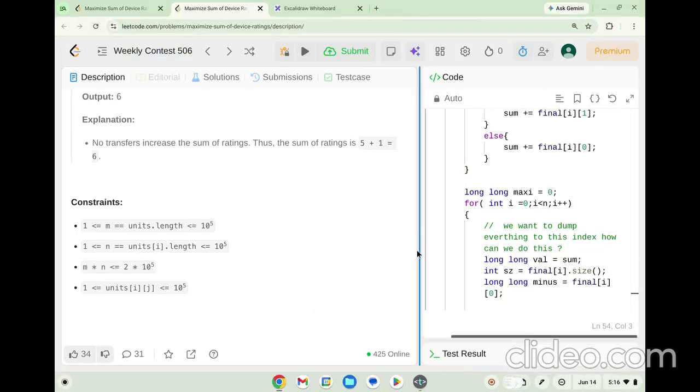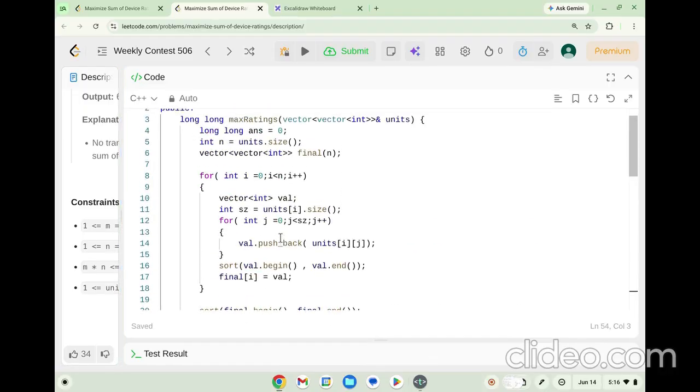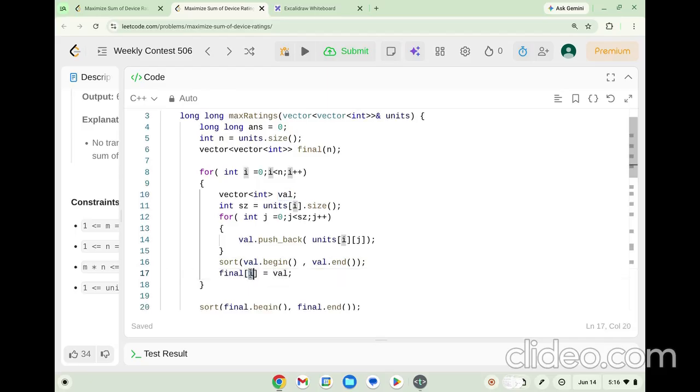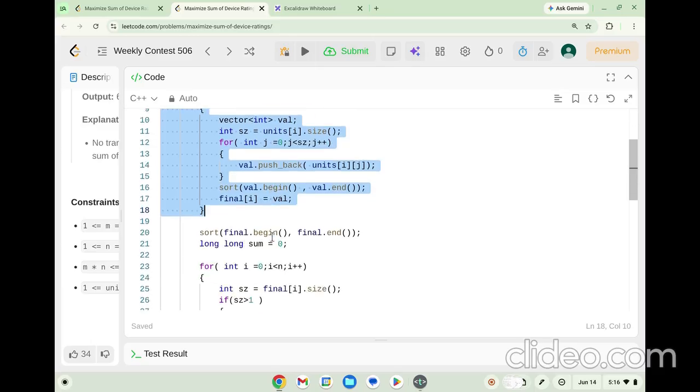Yes. So if you look at what we have, I have written the code exactly as I have told. So we create a final vector, right? We are taking every element from the array and sorting the elements first and then pushing the elements in the final vector, right? So I hope this part is not that hard. You can pause and read. I will paste the code in the comments as well. You can read from that place as well. This is just creation of the vector final, right? We are sorting the elements inside a vector itself, and then finally we are sorting the final vector which we have,